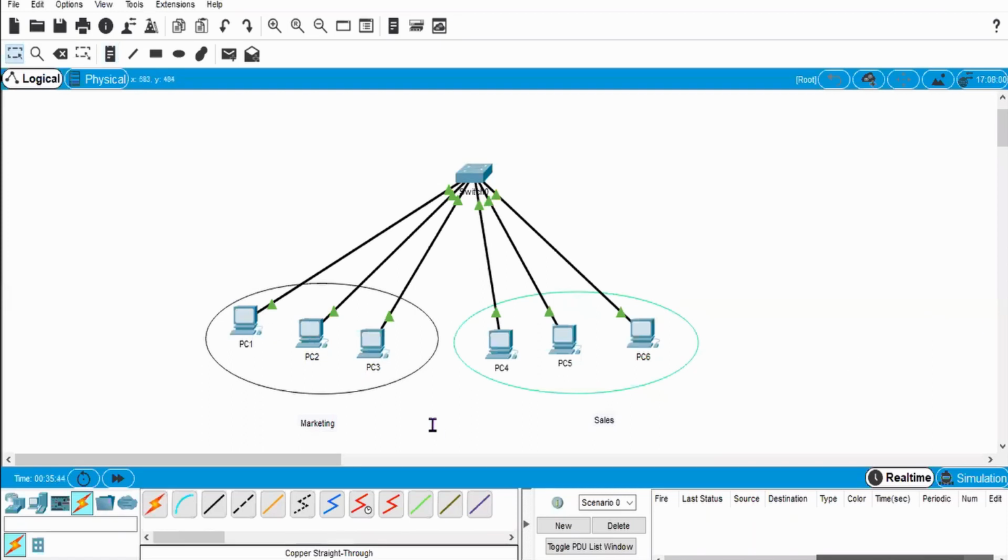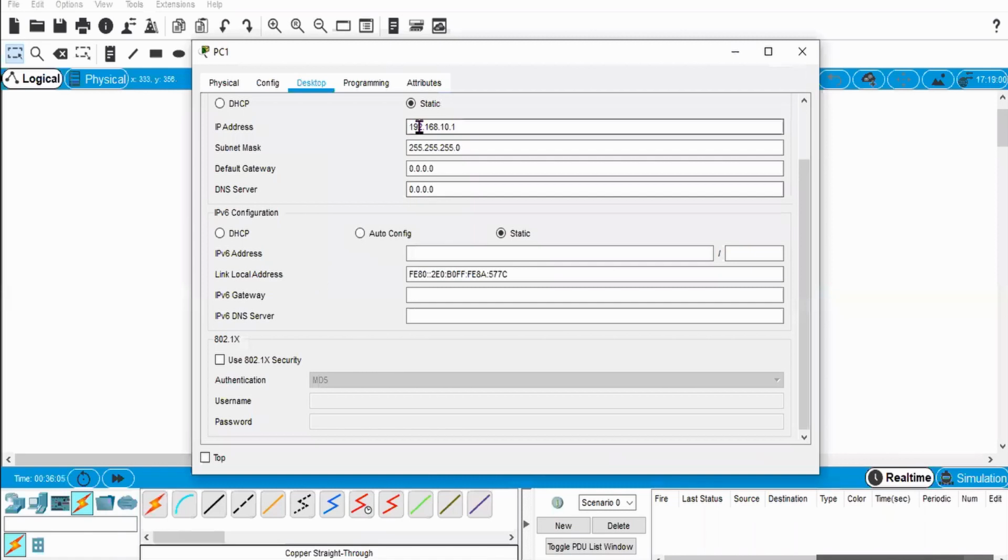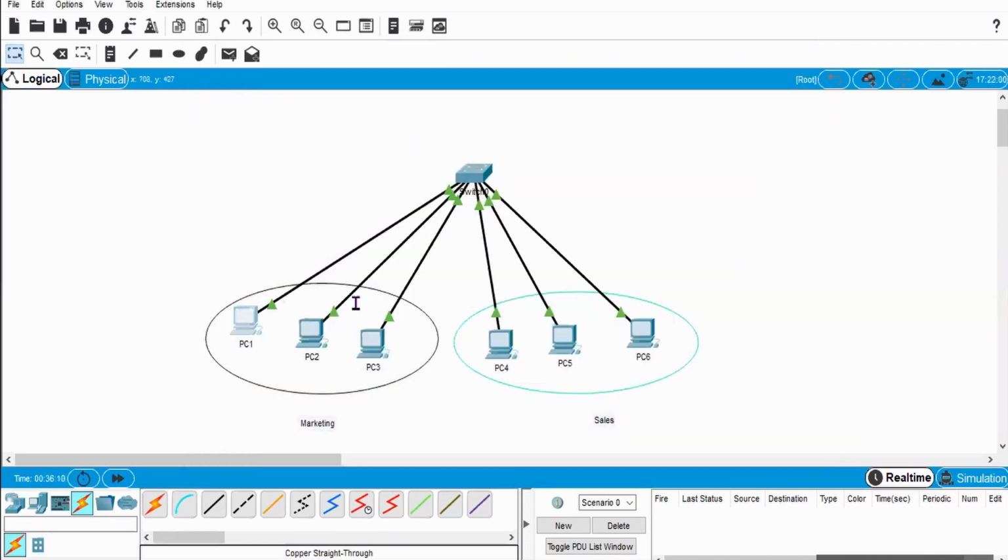And if I want to do this, the first thing is I need to give a different network IP version 4 address to these three, PC1, PC2 and PC3, and a different network address to these PCs. So one way, as you have already seen, is that I can assign a different number, and they will be in a different network.